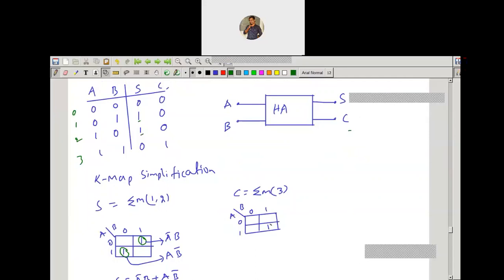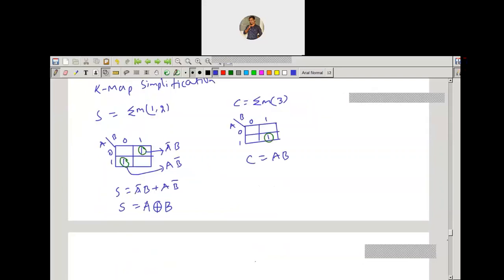We can group only one cell here, and the carry will be A B. After that we go for the logic diagram. For sum it is A XOR B, and for carry it is A B.